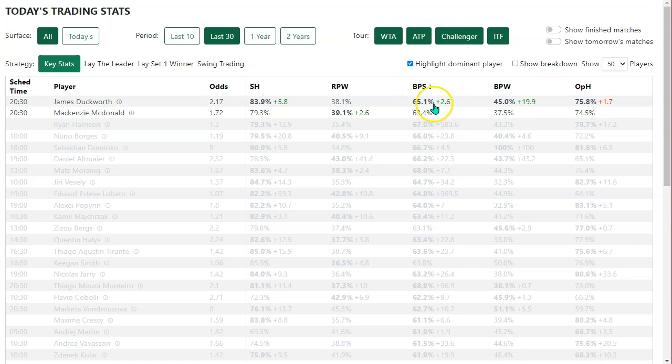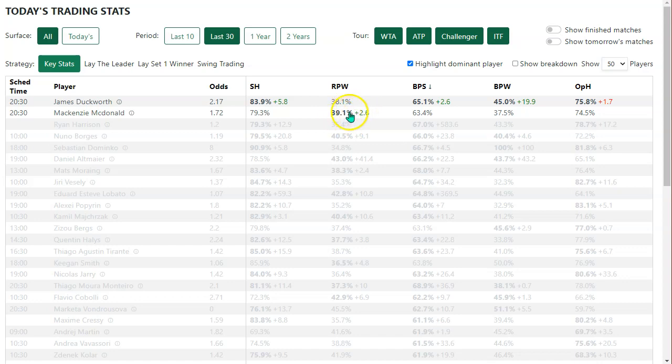So it's not 65.1 minus 63.4. It's 65.1 divided by 63.4, which gives 102.6, and therefore an advantage of 2.6%. I'm sorry for labouring that, but I think it's very important because otherwise it just looks a bit wonky. Okay, so that's that. So on these stats, we can see that Duckworth has got kind of an edge in 3, and a slight